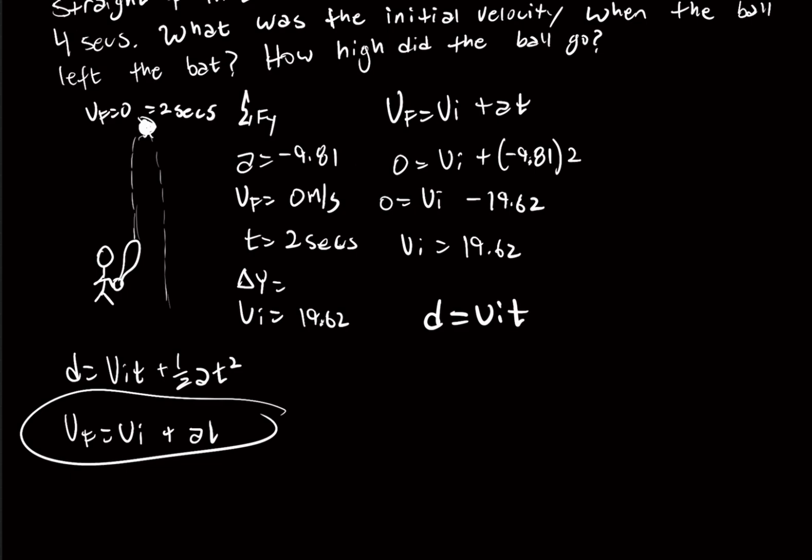Displacement equals initial velocity times time. Our initial velocity is 19.62, and our time is 2 seconds. 19.62 times 2, our total displacement is